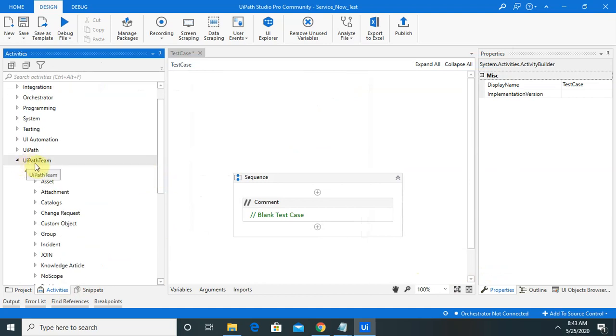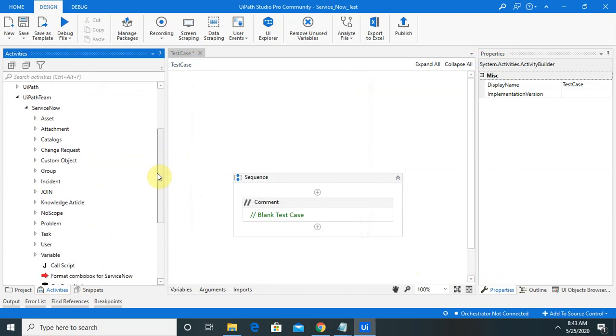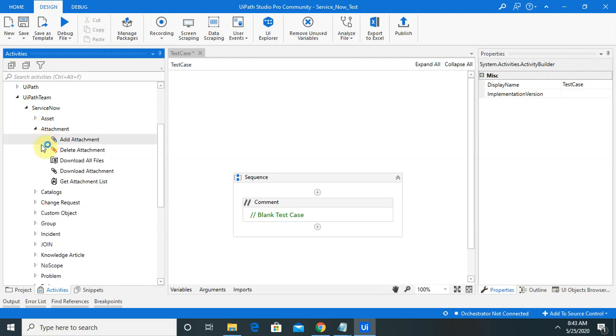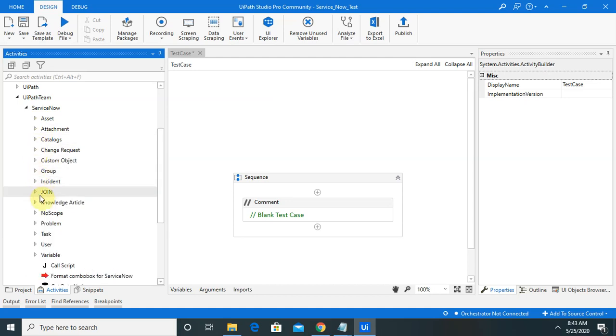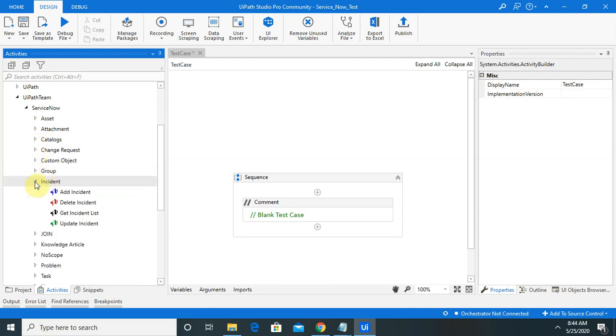You have to go to UiPath Team. After going there, click on ServiceNow and you can see several activities are available: add asset, delete asset, attachments, then catalogs, then change request. So all these activities are required. If you want to log an incident, the incident activity is also here.